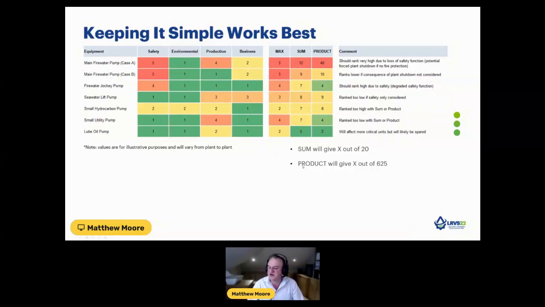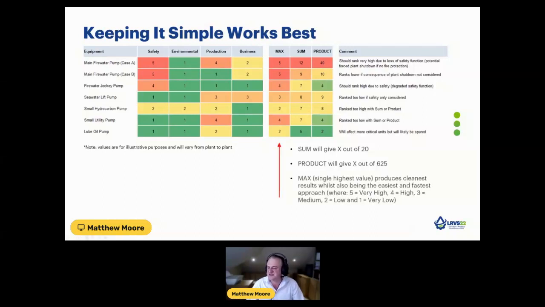And this is even worse if we multiply each of the values together to give the product, because now we're measuring out of 625. So here we've got something that would rank as a 40. 40 out of that value does not sound that significant. And 2 is obviously hugely insignificant. However, if we stick with our maximum value, it's very easy to explain to people why you've included it,